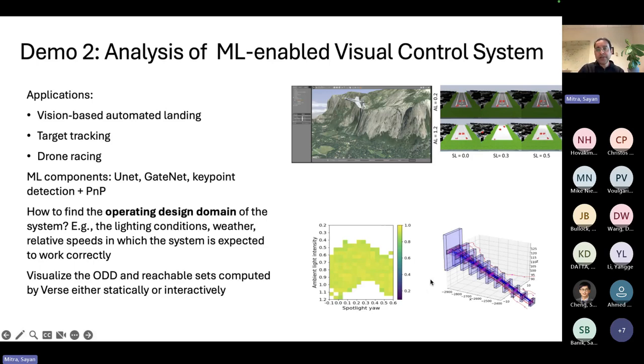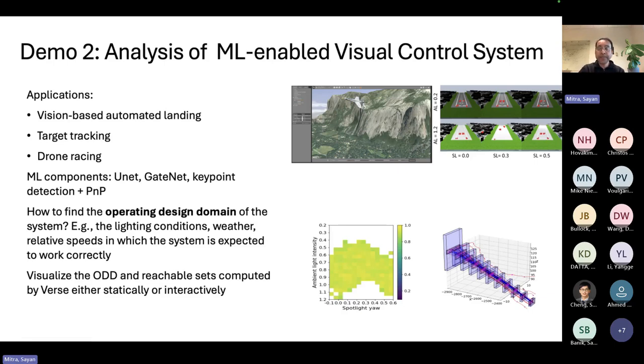So here's a quick example of what this might look like. This is for the vision-based automated landing problem. As you see, the view of the landing strip changes dramatically based on the lighting of the environment. So actually, there are two axes to this picture. There are two kinds of variations in lighting: the ambient light along the y-axis and changes in the position of the sun along the x-axis. And as these two lighting conditions change, the behavior of the pose estimator changes, and also the control system